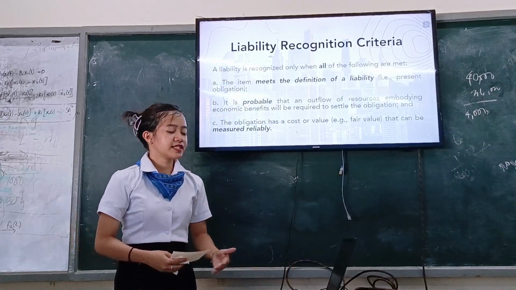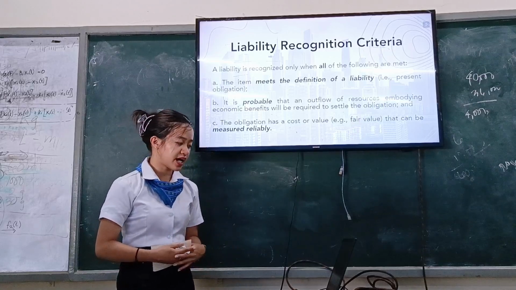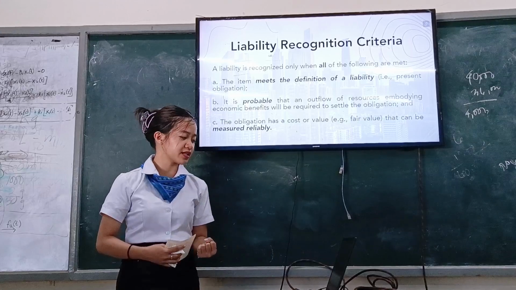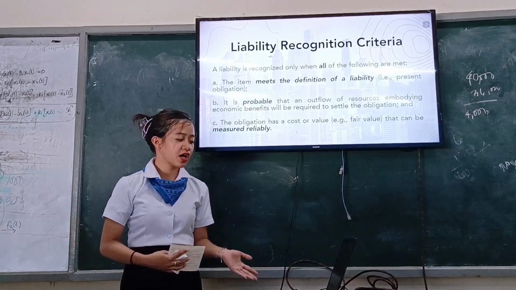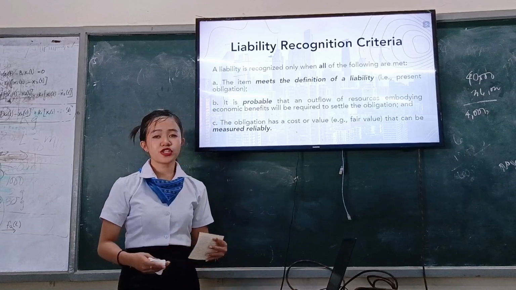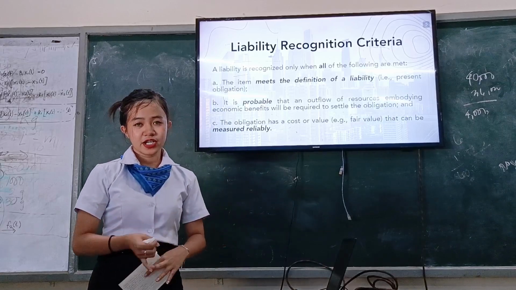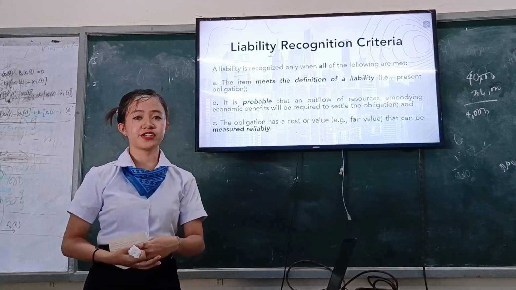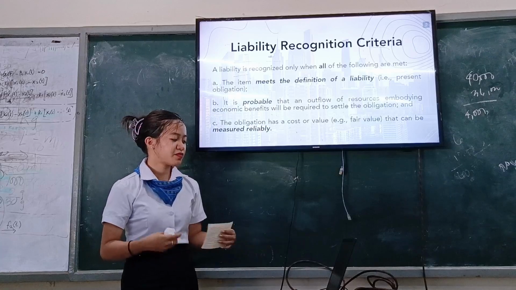So, liability recognition criteria. A liability is recognized only when all of the following are met. So, first, the item meets the definition of a liability. So, atong definition sa liability present obligation arising from past events that results in outflow of resources. Ito siya. Next is, it is probable that